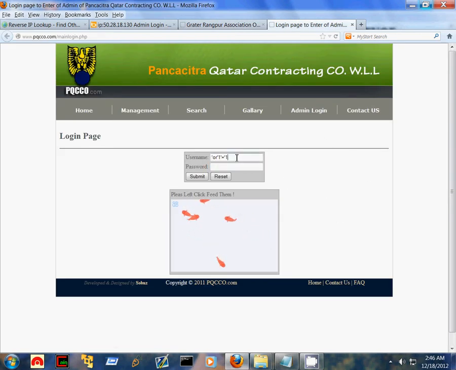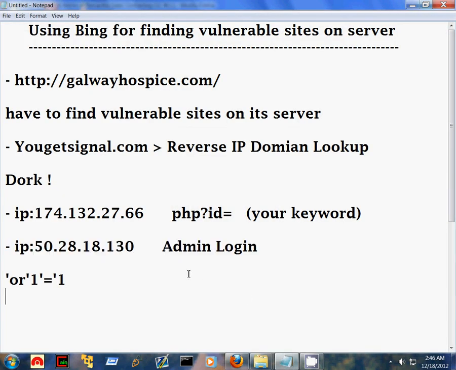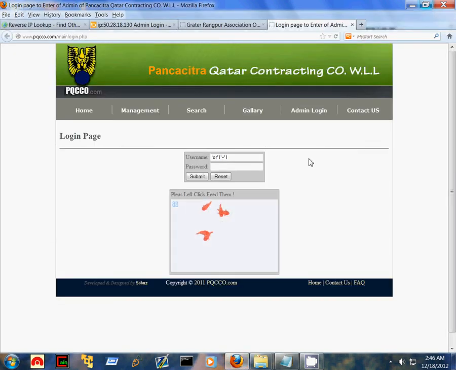Normally many websites are vulnerable to authentication bypass. In this authentication bypass, instead of username and password, we will use this string, which will bypass the admin login.